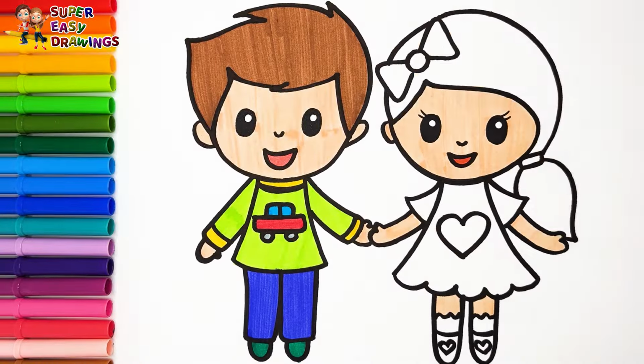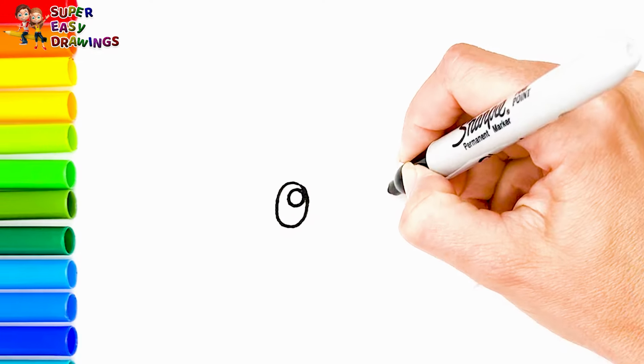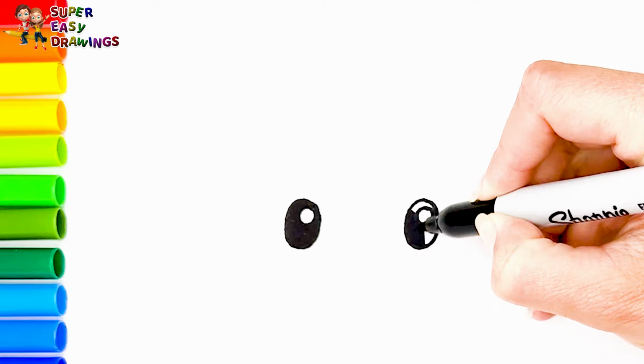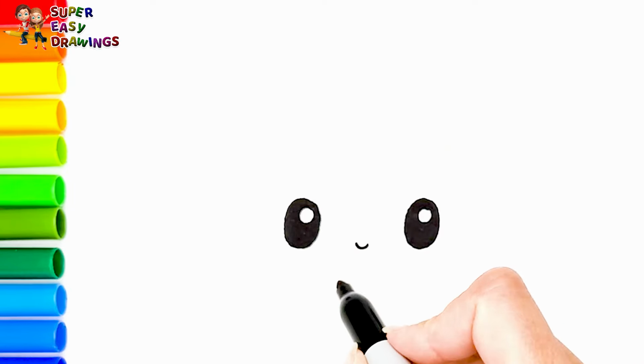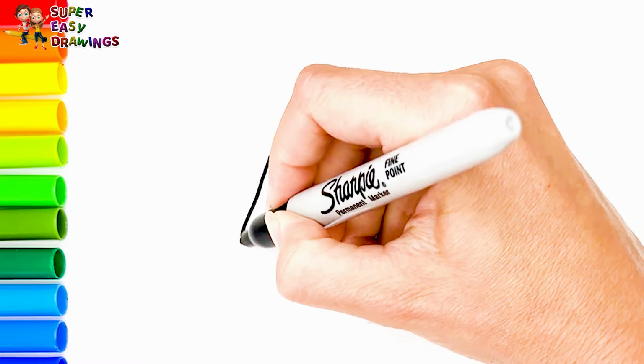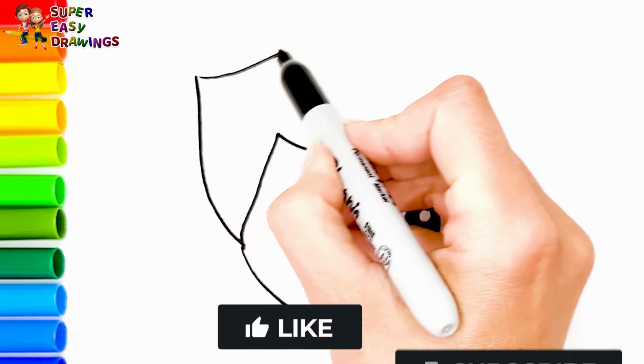Today we are going to draw kids, a boy and a girl. Let's start drawing. At first I am going to draw the little boy. I start with his cute eyes, his nose, then I draw his smiling mouth. I continue with his hair and face like this. Then I draw the rest of his hair